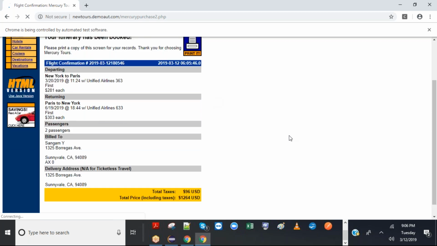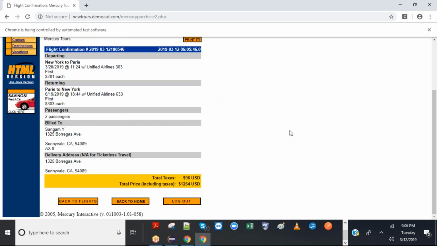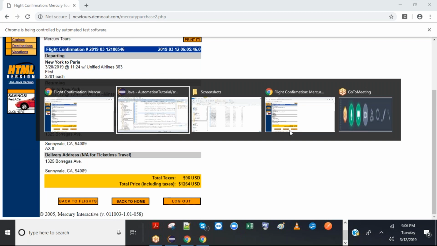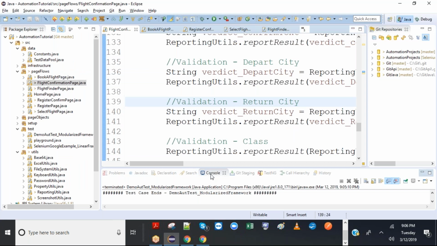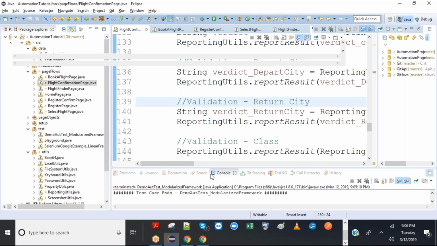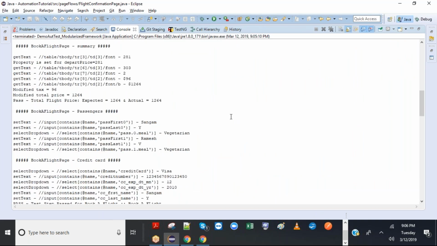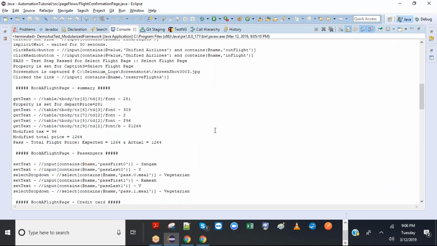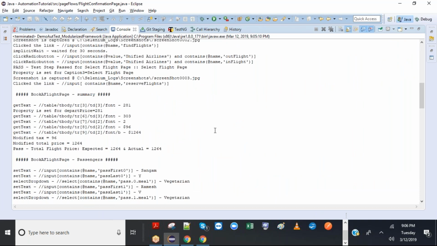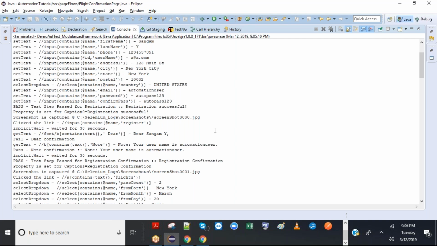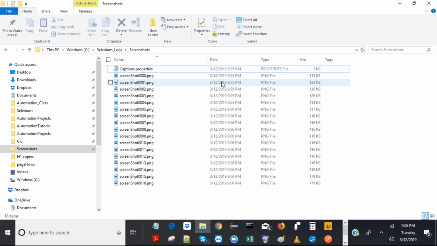Okay, just playing slowly. Okay, so let's check the logs. Okay, so logs are properly logged for all the reportings also. Yes. Okay, then we'll check the screenshots. So, okay, screenshots are taken. It hardly took 1 minute to execute the whole thing, 9.5 to 9.6. That's all it takes. So captions. Let's look at the captions.